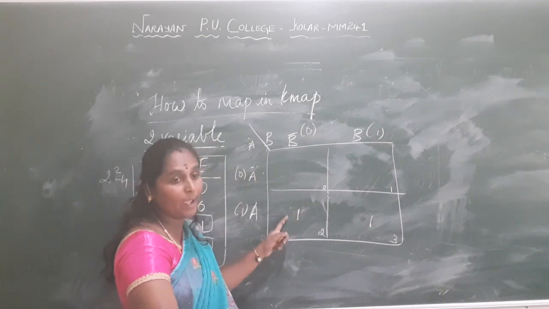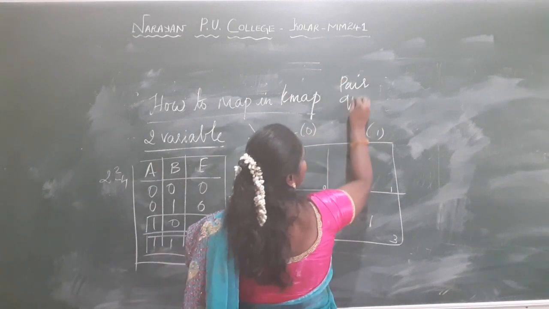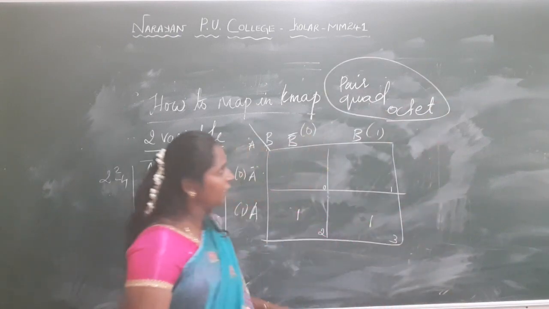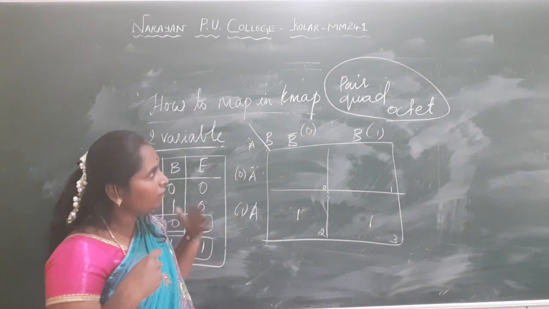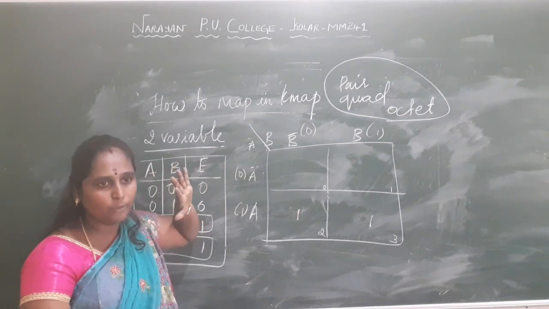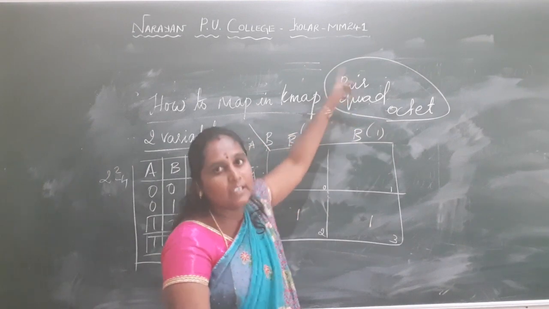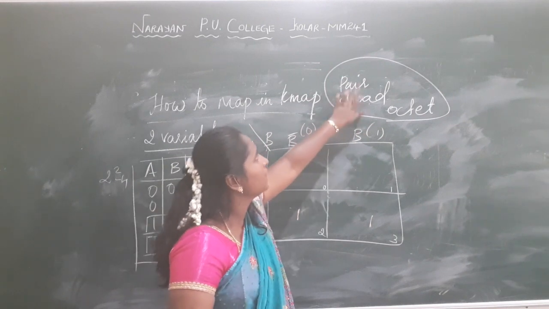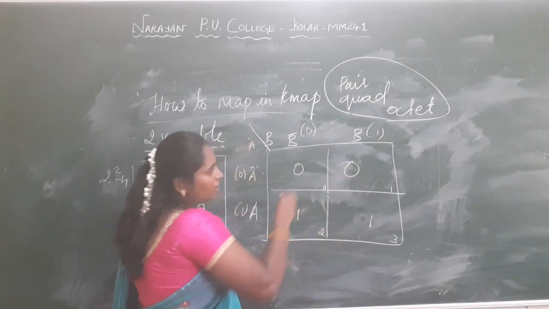In a K-map, you first have to find pairs, quads, and then octets. These are the possible ways of finding the expression. To minimize the expression, you first see the octet, then quad, then pair, if it is 16 squares, that is 4 input variables. Since this is a 2 variable map, I can first see whether there is a quad or pair. Here no quad is represented. In the remaining places you can place either 0 or just leave them empty.